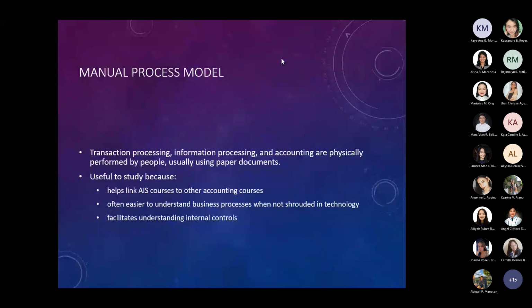Ma'am, bakit? Kasi nakikita mo eh, paano siya in-entry yan? Paano napunta sa general ledger? Paano ginagawa yung adjustment? Paano napupunta sa FS? Paano napupunta sa adjusted trial balance? Sa unadjusted trial balance? Manual. Pero po sa isang